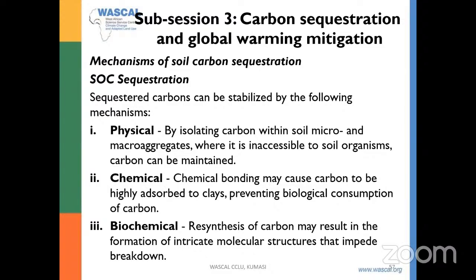And the final one is the biochemical. Here there's resynthesis of carbon, and it may result from the formation of intricate molecular structures that impede the breakdown of what has been stored in the soil. So after the removal, the transfer, and storage, this mechanism helps to stabilize it so that it won't be easily